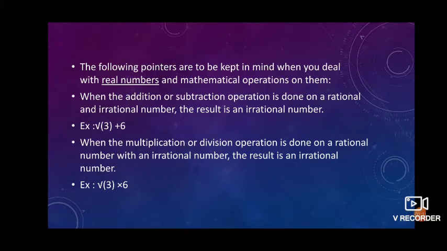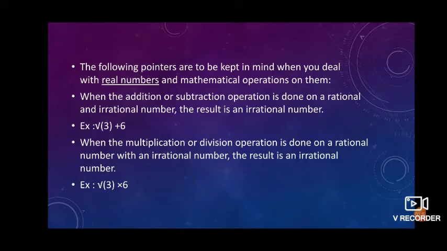Now, if we perform a basic arithmetic operation between a rational and irrational, then how will the result be? One thing to remember is that if we perform any arithmetic operation between rational and irrational, the answer should be irrational. If an arithmetic operation is between two irrational numbers, then the answer may be irrational or rational. Okay, those points only I explained here.